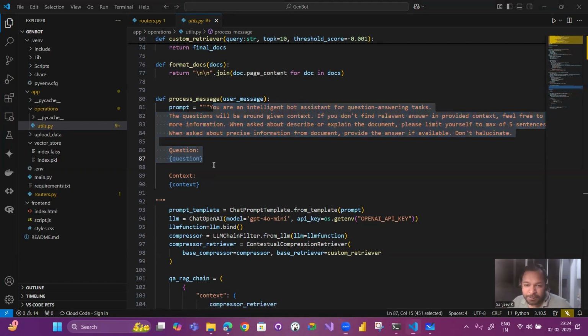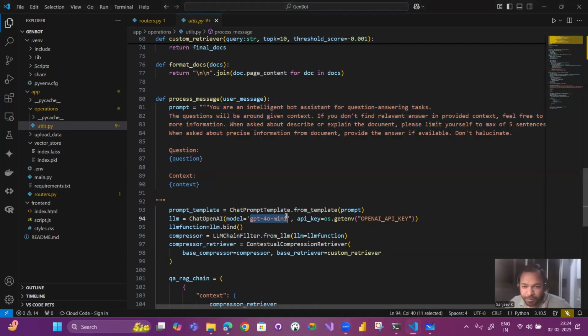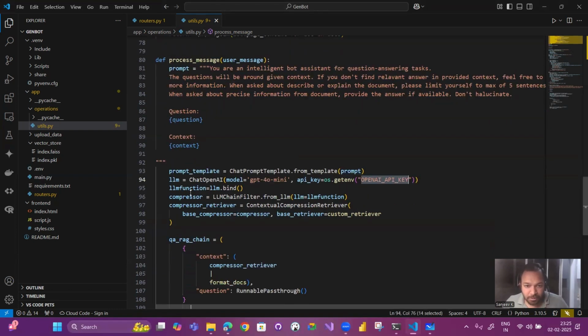From the model's perspective, I'm using GPT-4o Mini. We will have to use an OpenAI API key, which I stored in a .env file, which I'm not going to show here. You can store it in a .env file and put it under this key, and the model can easily understand from there that we have access. Of course, it comes with a price. It's not free, so we can't use as many API calls as we want. It is only for demo purposes, so it doesn't cost me much. But this is how we can create one LLM model.